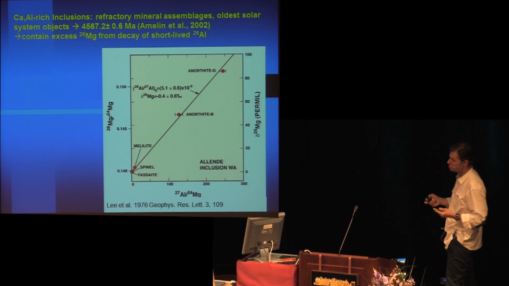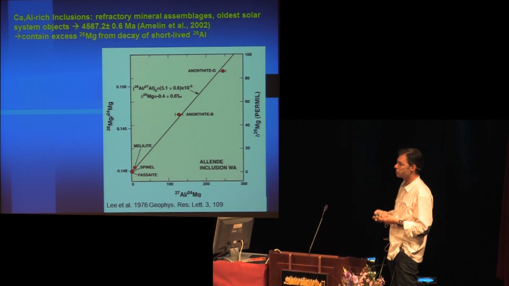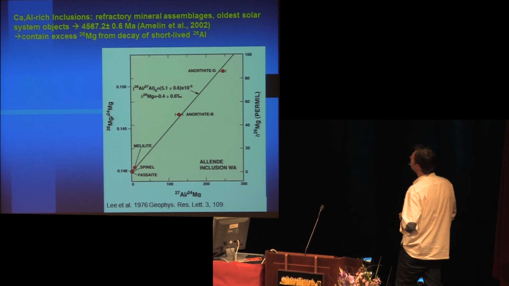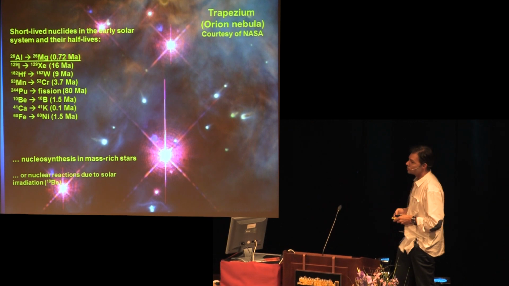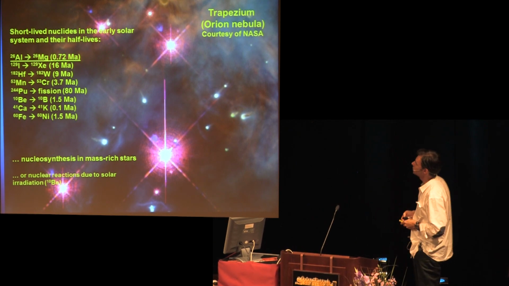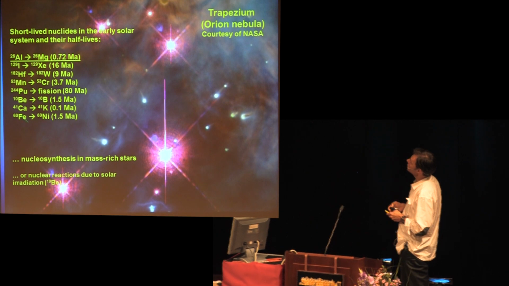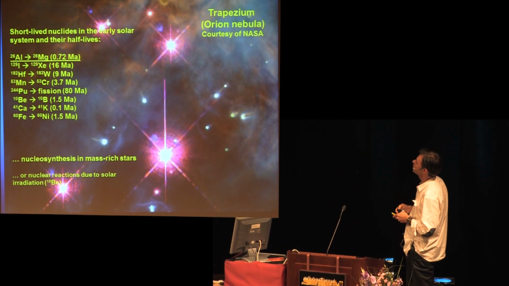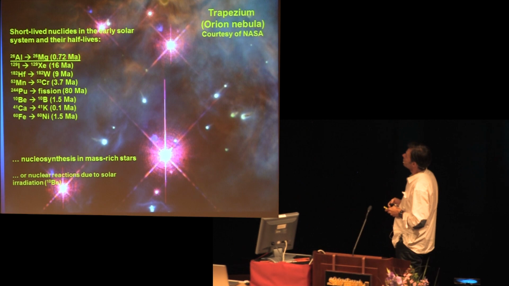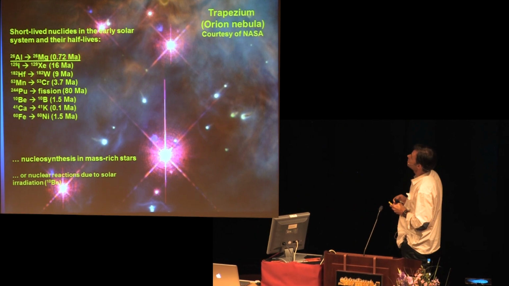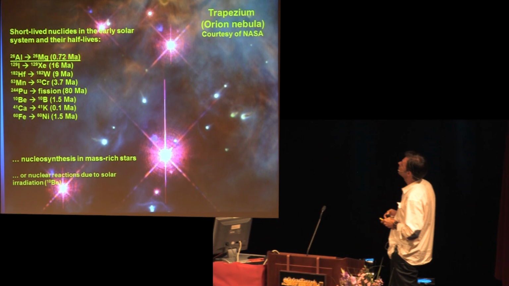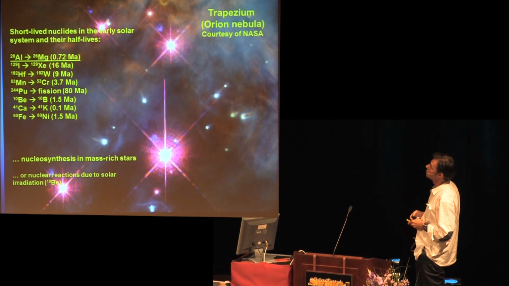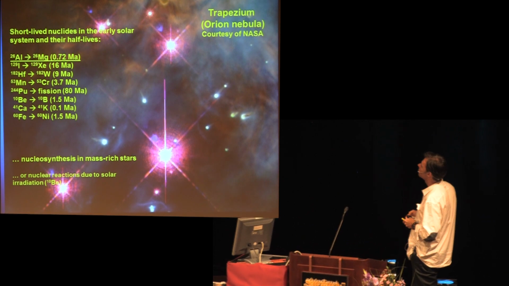And presently, people think that most CAIs originated in a very narrow time interval of maybe 100,000 years or less. Okay, how did short-lived nuclides enter the early solar system? This is an incomplete list of short-lived nuclides of which the presence has been evidenced. Among aluminum-26 is also iodine-129, hafnium-182, manganese-53, and others. And most people think today that they were injected into the early solar system by previous nucleosynthesis in massive stars.